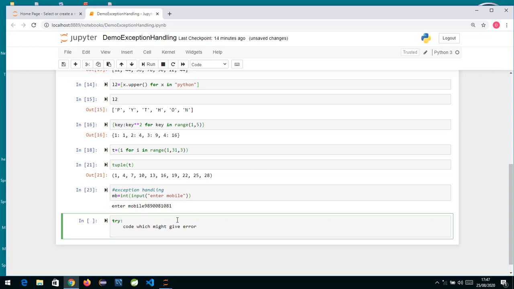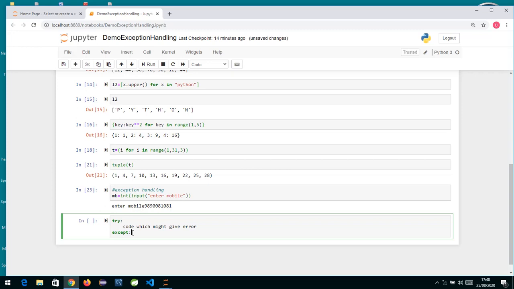So we write except. What is except? Basically it's like a catch block. Whenever there is any error, that error we are handling inside the except block.